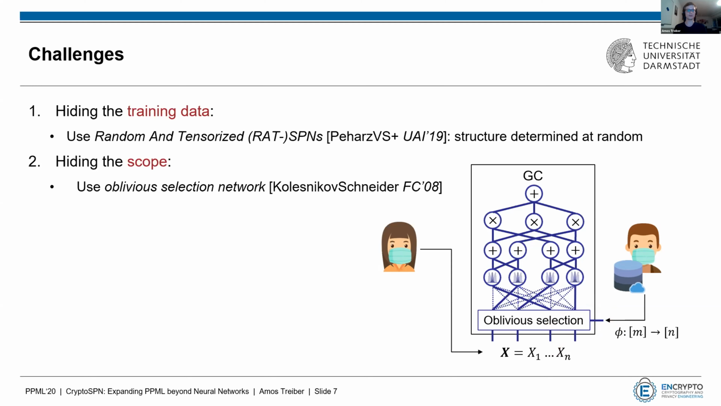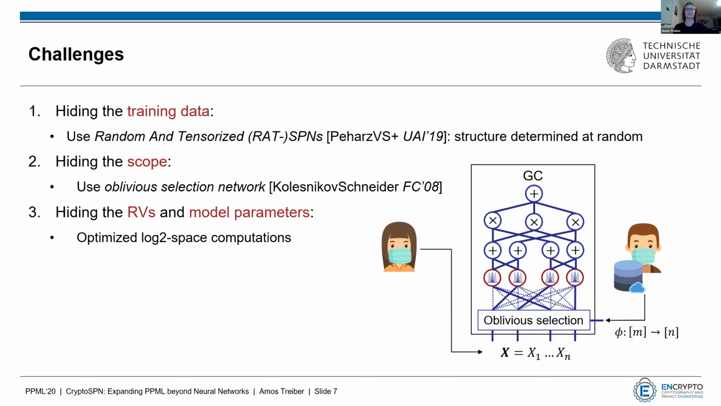We also, of course, need to hide the random variables and model parameters themselves. This is, of course, guaranteed by the definition of Yao's garbled circuit, but we offer some more low-level log2 space optimizations for